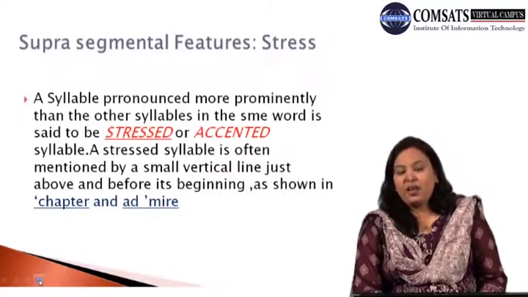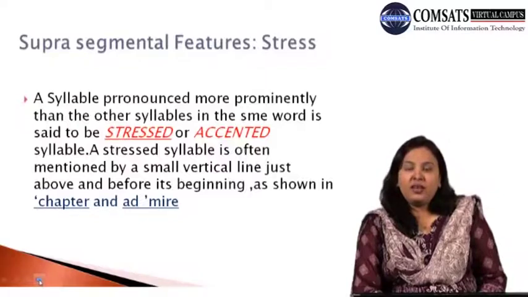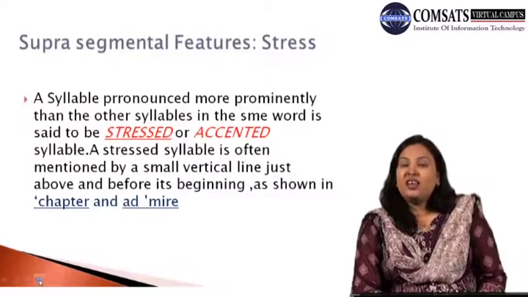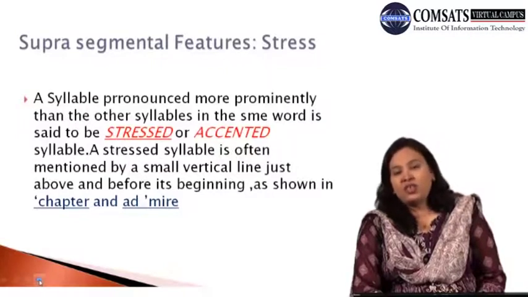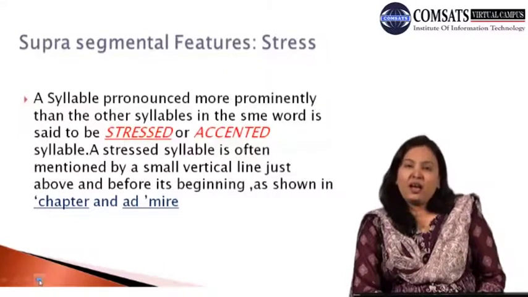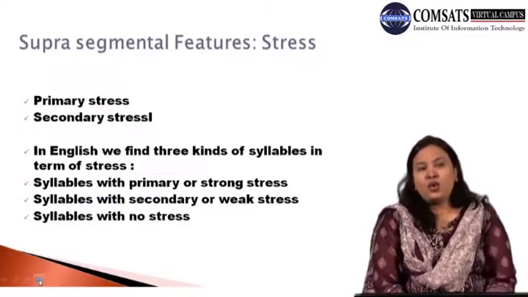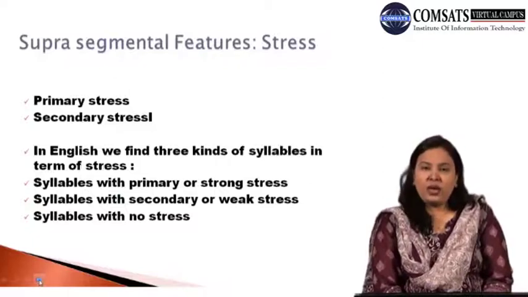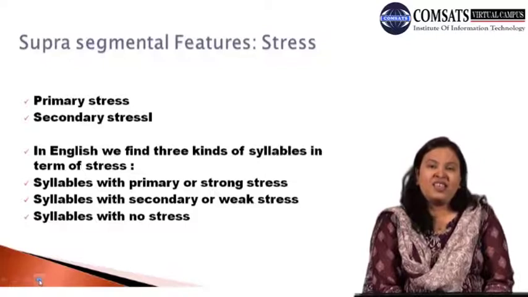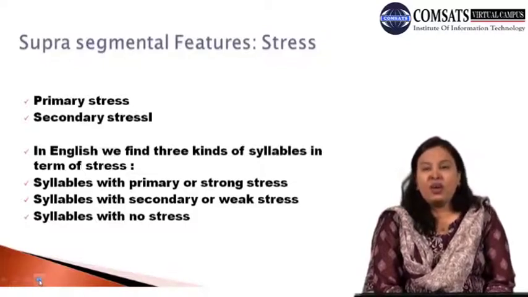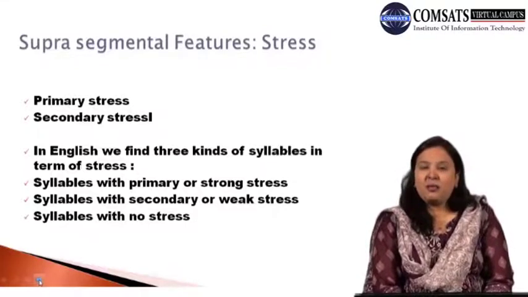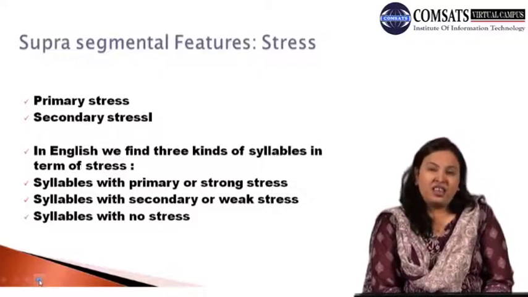And the second example, if you look at it, admire. Now, ad is not stressed, whereas mire is the more stressed syllable. So in the word admire, mire is the stressed syllable. With reference to stress, we have two distinctions here. Sometimes we have the primary kind of stress where we are more emphasizing, and sometimes we have a secondary type of